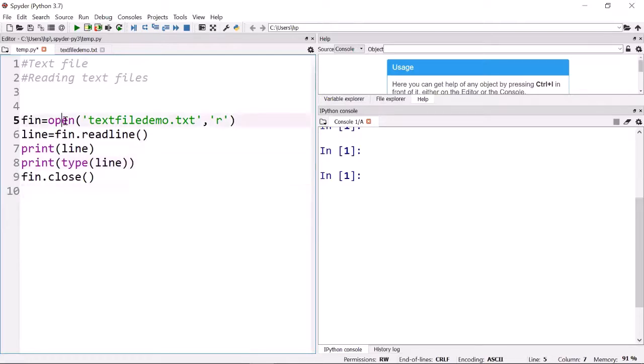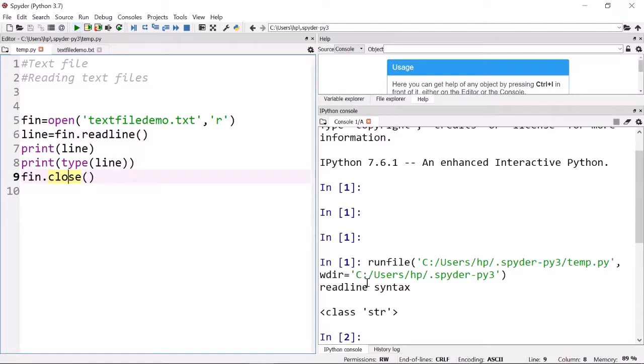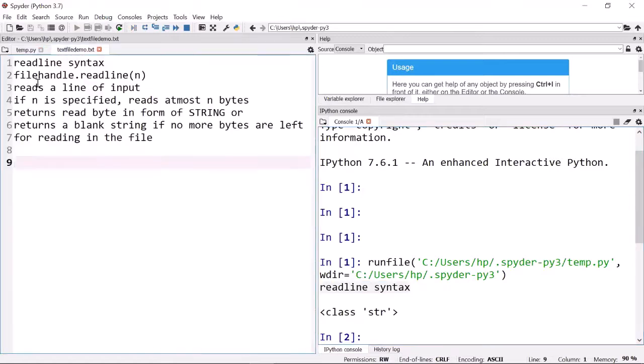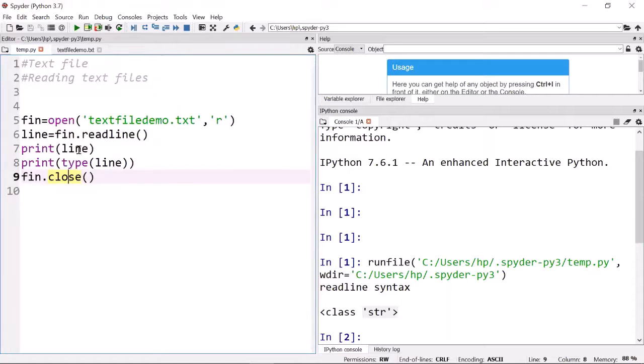The first line and last line of the code is the same. Okay, let us run the program. You can see it says read line syntax. From where did this come? From our file. I've changed the contents of the file. The first line is read, and the type is str. It returns in the form of a string.